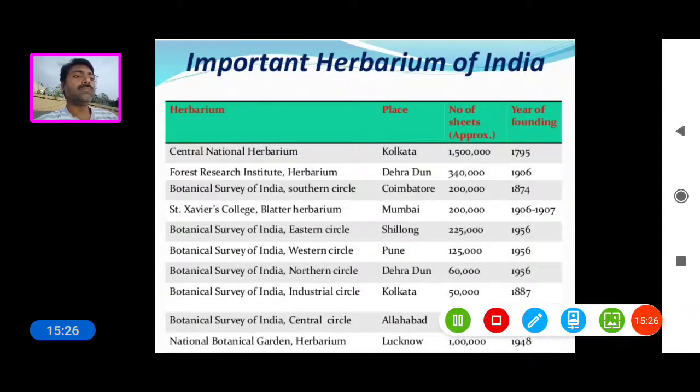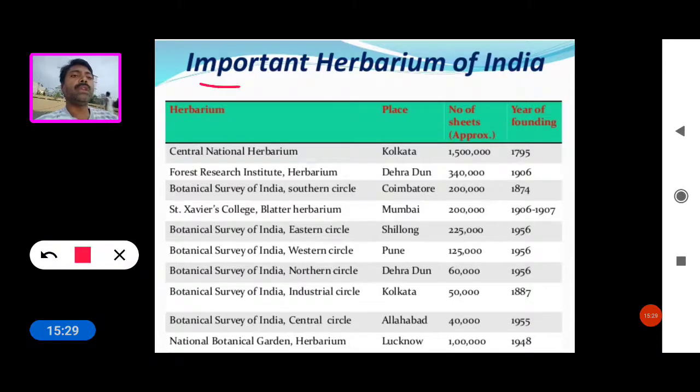So these are some important herbaria in India.